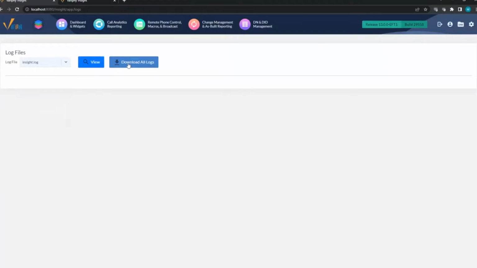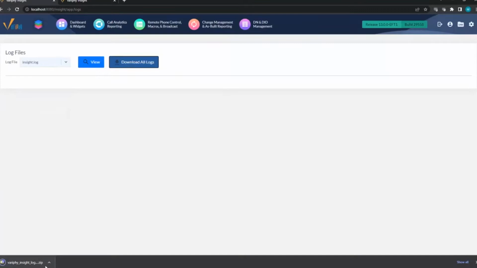When you click this button, the software will zip up all of the logs and then download them through your browser. So I'll click on this here, get this download going. My lab doesn't have a lot going on, so the logs are very tiny and the zip file is pretty small. But if you have a very busy system with large log files, it may take some time to zip up. Just give it a few seconds to a few minutes, and then it will download the file.